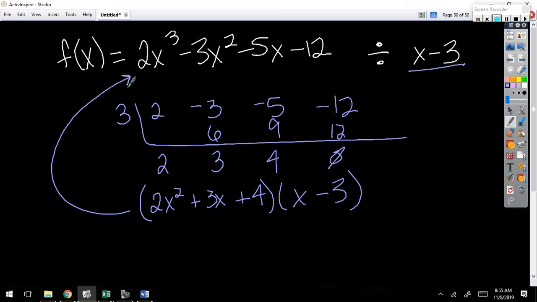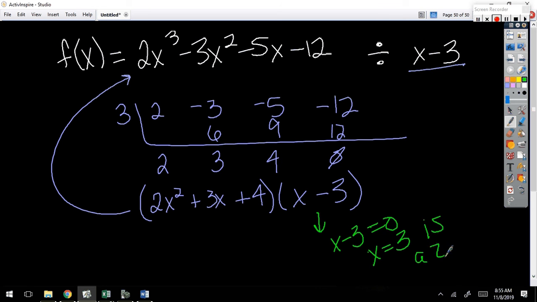Think about zeros and how we find zeros. How do we find the zeros of a function? Think back to quadratics. We factor and we set each piece to 0, right? Tell me, just looking at this, what one of the zeros of this function is. 3. Why 3? If x minus 3 equals 0, because this is in factored form, fully factored, then x equals 3